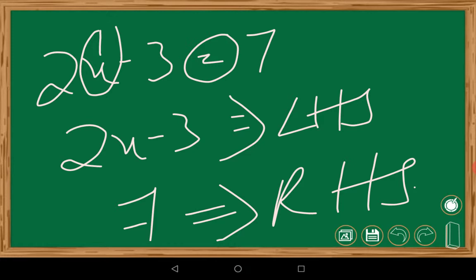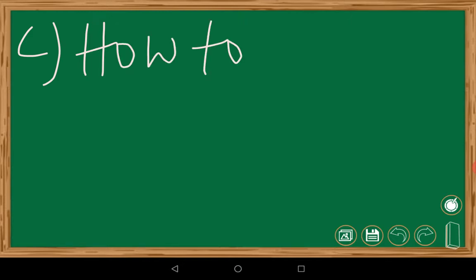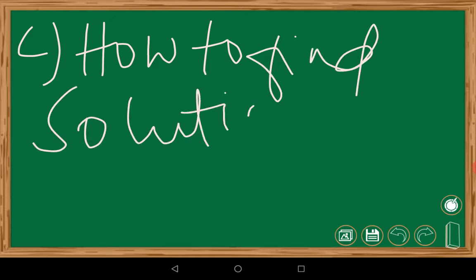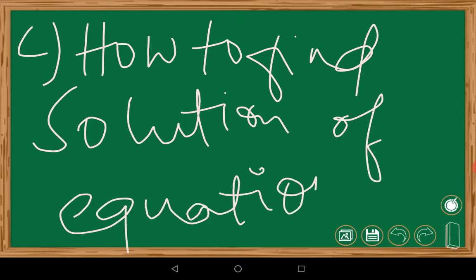Now we have to revise one more topic. We have a small one again. In an equation, the values of the expressions on the LHS and RHS are equal. Just now I told you LHS should be equal to RHS. Clear? That was the second point which we have to study. These values are the solution of the equation. Now in the next part we have how to find the solution of an equation. Okay, that also we have to discuss, right?